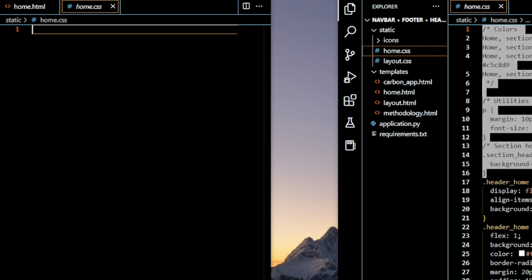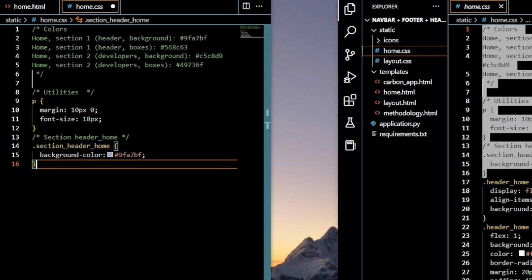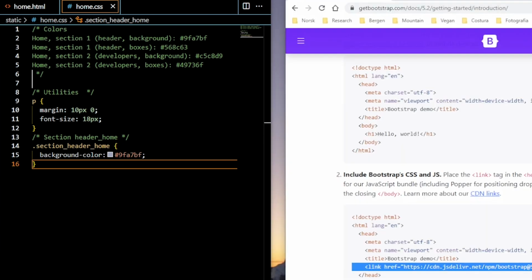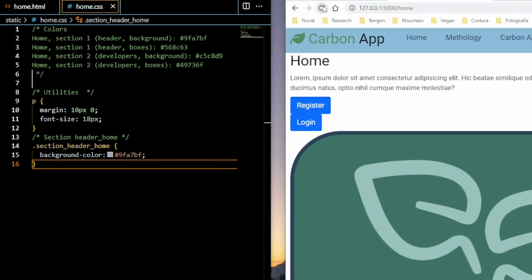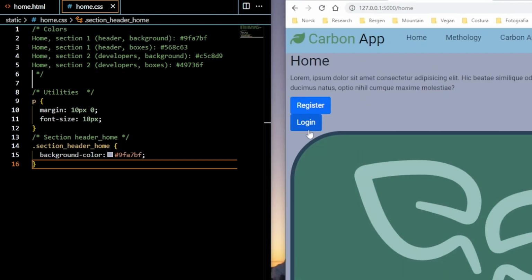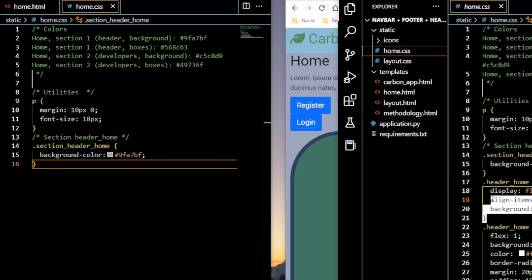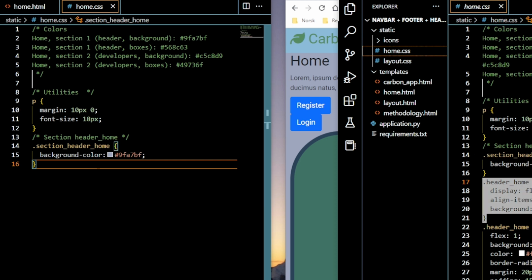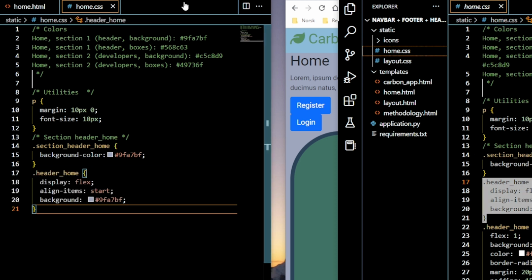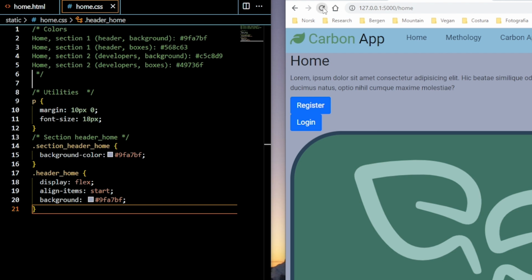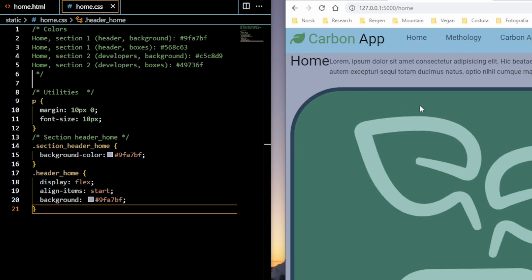Go here, paste this information, Control S, I go here and I'm going to refresh the page. Now basically what we have done is to change the color, okay? This is the first thing that I have done here. The second thing that I'm going to do is also to define the head. I'm going to introduce it and to make it flexible. This is what we are doing here, is go here, and if we refresh it, everything is flexible,